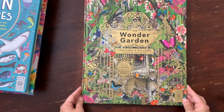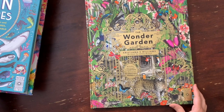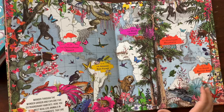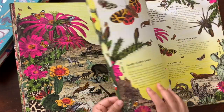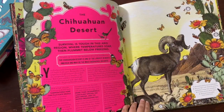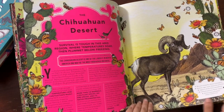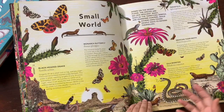This last one is called a Wonder Garden. It's also very unique and not very popular. I think I've not heard of this many times, but this is also about different habitats in the world. So every habitat has 4 or 5 pages dedicated to it, and they've given a lot of space to all these detailed illustrations, so a child can really spend a lot of time just looking at these pictures even when they can't read. So I think this is one of those books that you can just strew, just leave around